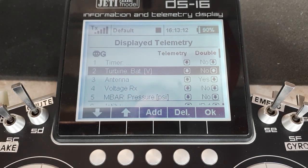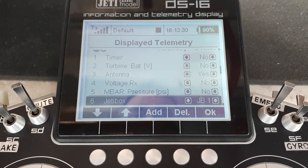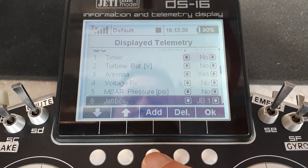Well, this is not an X-bus device, it's an EX device, which means that you won't find it in Device Explorer. You have to look for it and do all its settings in Jeti box, which is not the greatest of things. However, as you can see, one of my displayed telemetry items is Jeti box 1. You can actually have 2 Jeti box emulators running. Now, it's very simple to do it. You would just say add,